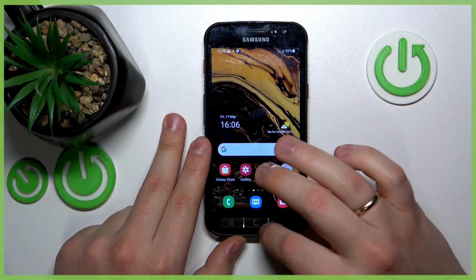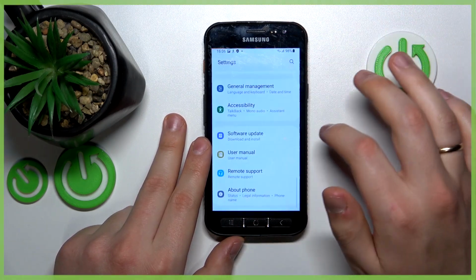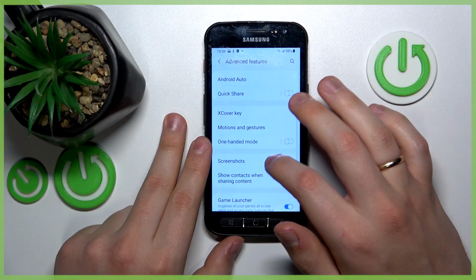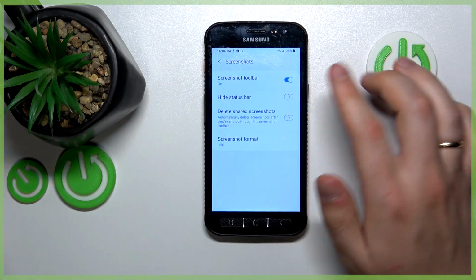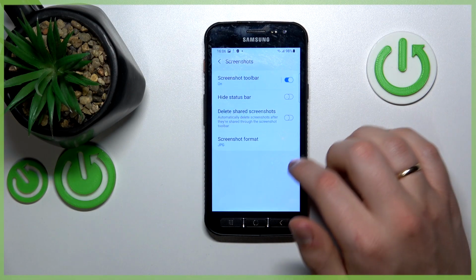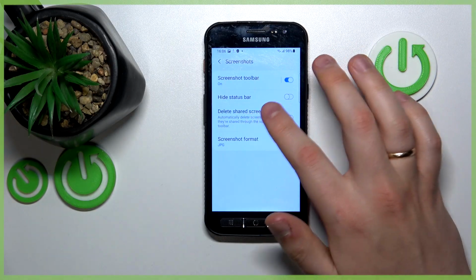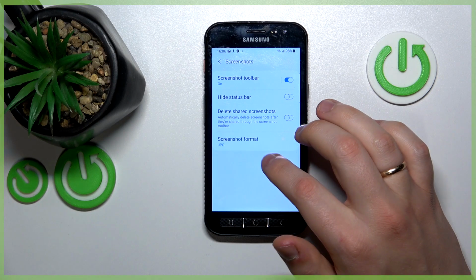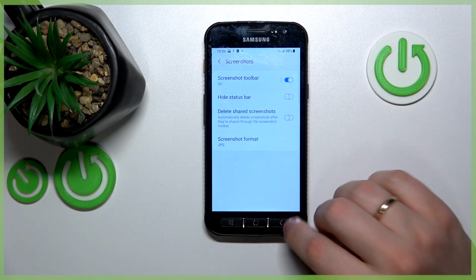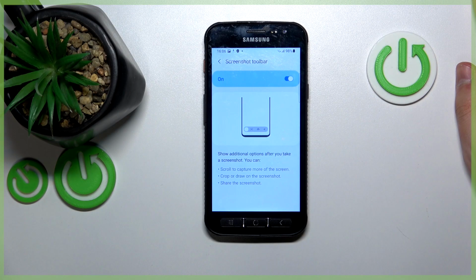Now, if you'll go into your device's settings, then the advanced features, screenshots, you'll find the screenshots settings here. You can manage the screenshot toolbar. You can also enable or disable those two options, hide status bar or delete shared screenshots. And you can switch the screenshot format between JPG and PNG. Then, according to the screenshot toolbar, you should also have the scrolling screenshot option active, which